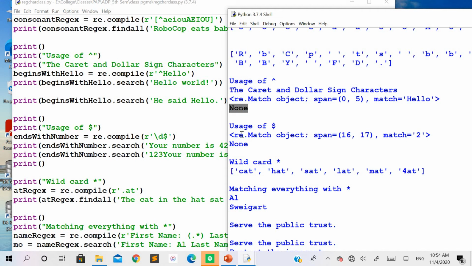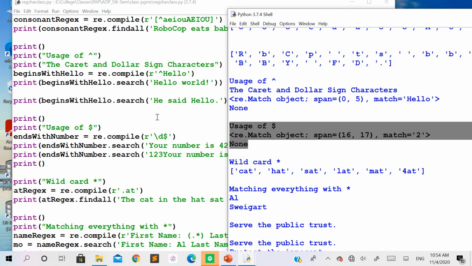Here you can see this is the part of the output for the example we are discussing. For the first string, which has the numeric value or a digit at the end of the string, it tells that match is equal to 2, saying that it is a successful search. But in the next example, the string is not ending with a digit; instead you have the digits in the beginning. Though you have them in the beginning, the pattern is going to try to match them at the end itself. That's the reason you are going to get the result as None here.